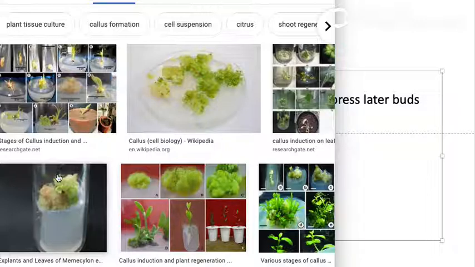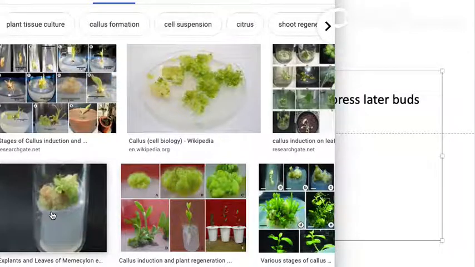Humans and other animals do not have totipotency, because once you cut off the hand, you cannot expect the hand to regenerate, right? Whereas plants have the ability to grow new plants from just a group of